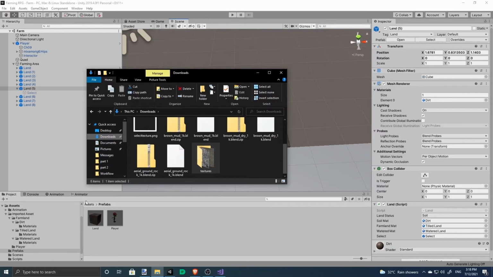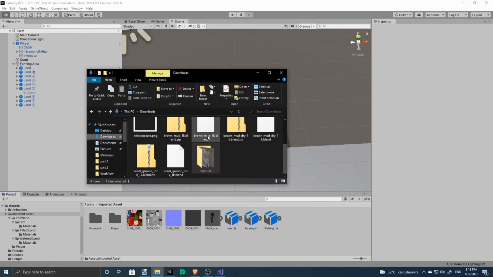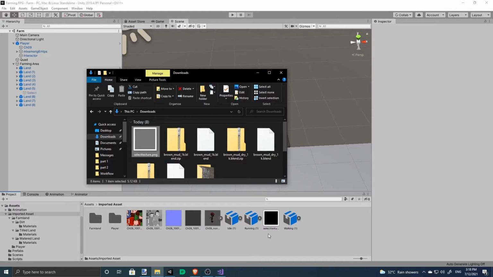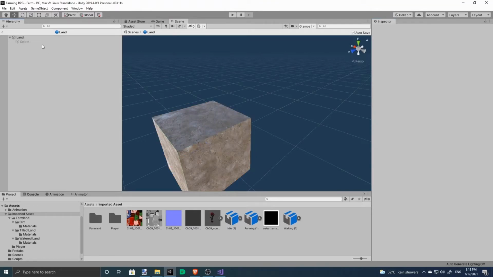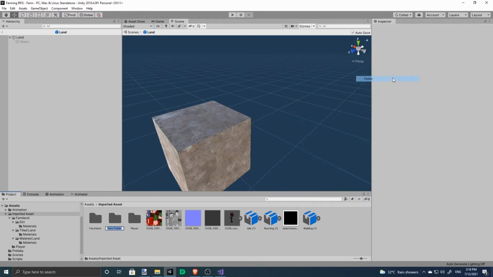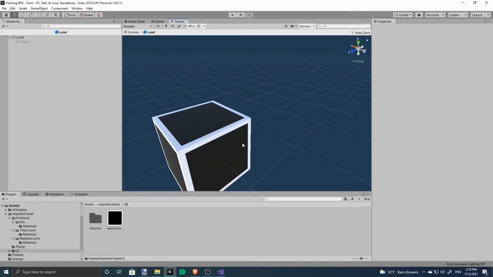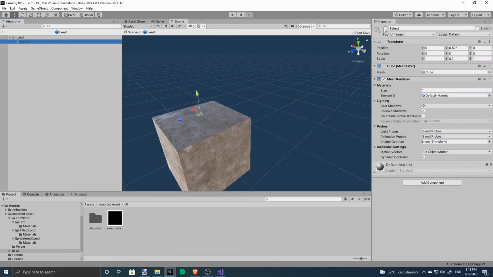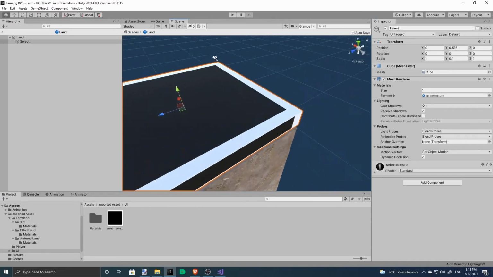So let's import it over. Select texture. We'll create a UI folder for this. Bring it over. This is our select. Bring it over like that.